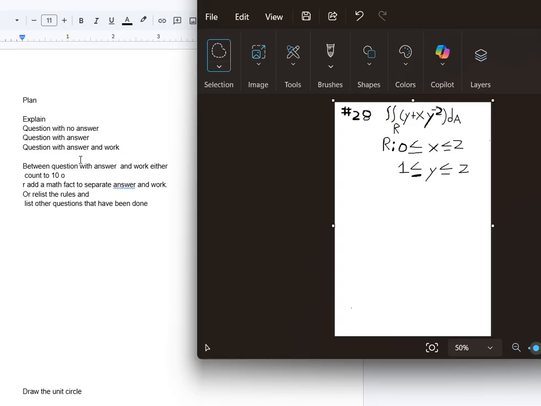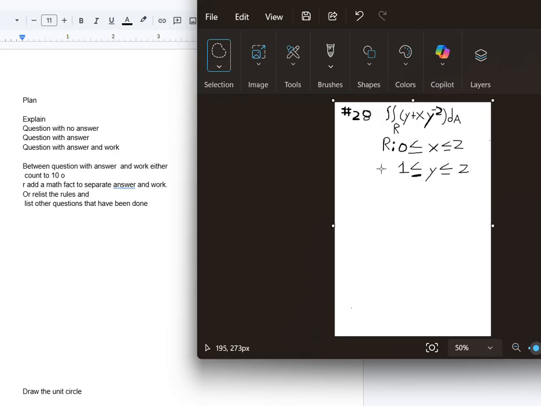I have this over here, currently a question without an answer. You will get an answer. The answer is 4, but we'll get into the work. The work is more important. And then between that, I want to at least give a 1 to 10 time to digest the question, and to give me time to pause it. And then